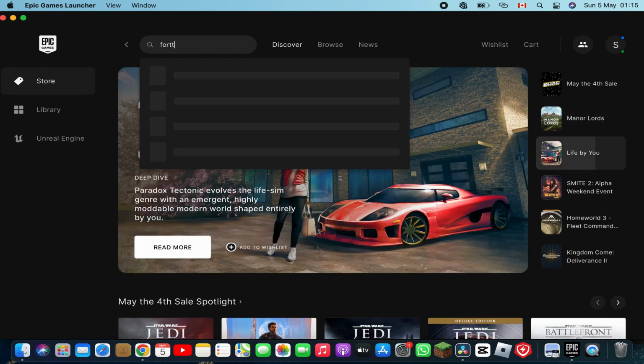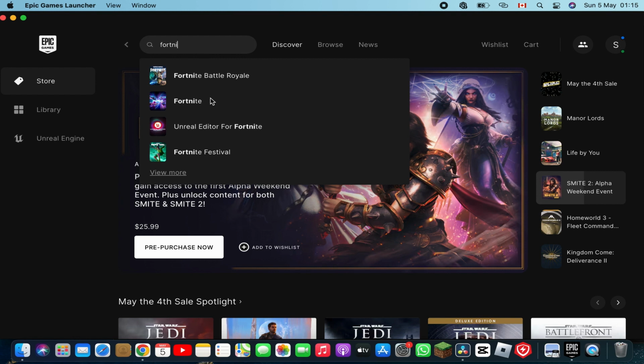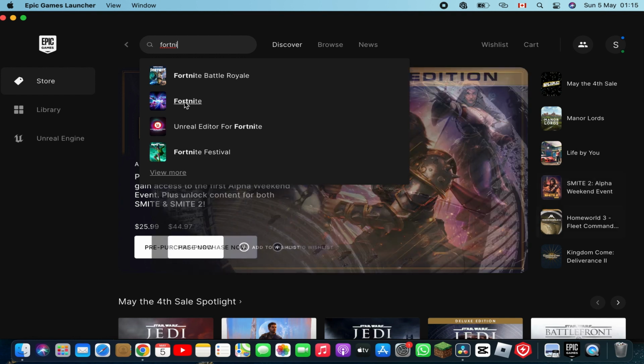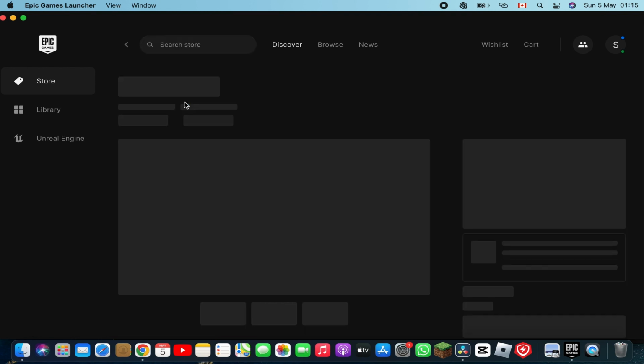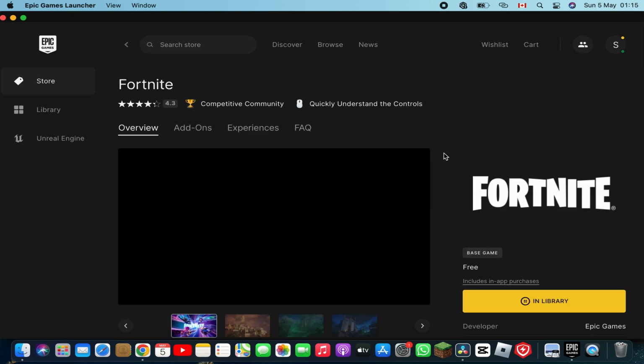Let me show you like this. Search for Fortnite over here and click on this app that you want to download. I want to download Fortnite to my laptop, and it's going to take you to this page again over here, as you can see. So it's really super easy, guys. So let me show you. So all you have to do now